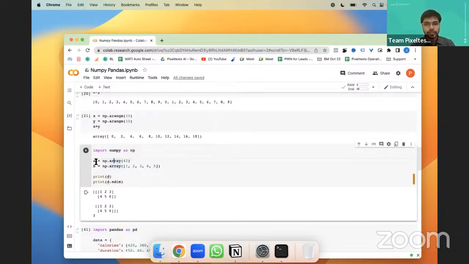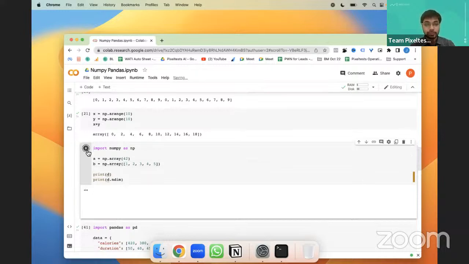So now the first variable has 42, which was added into that particular array. Then we had one row, which is 1 till 5, right? So now b equal to NumPy's array function runs and creates from 1 to 5, right?